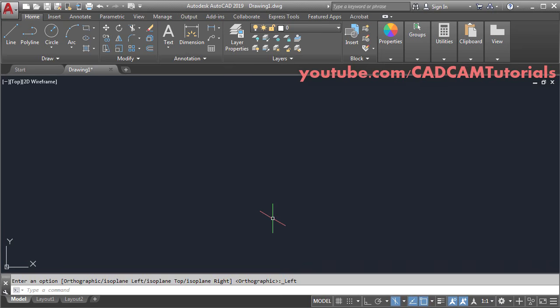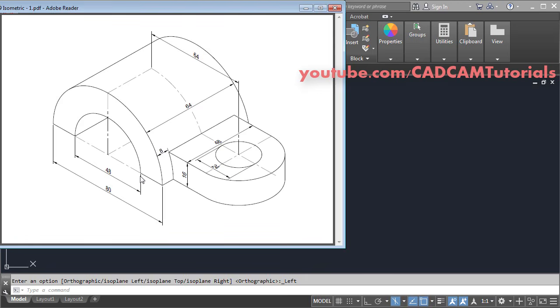Now it has started automatically in the left isoplane. If you want to change the isoplane, you can click on this arrow and you can choose your desired isoplane. So right now for this object, left is correct, so we will not change it. Now in this object, at first we will create these two circles of 48 and 80 diameter, that is 24